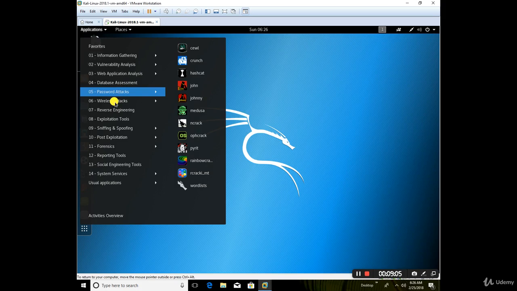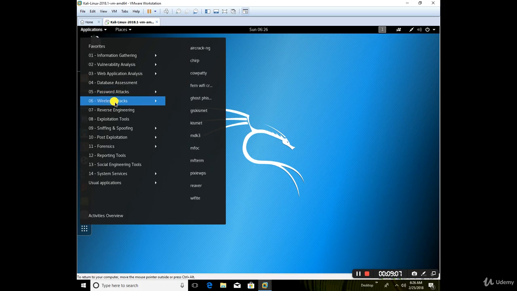You've got wireless attacks, and these are a lot of fun, right? Unfortunately, you're not going to be using them as a part of the exploits that you put out there, but you can certainly use them on your home Wi-Fi network. And these tools are going to allow you to basically fool the wireless network into letting you on. And how you're going to do that is